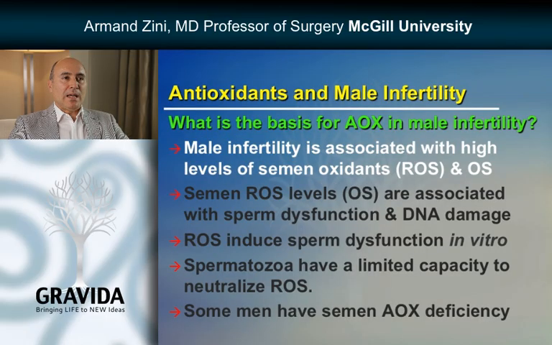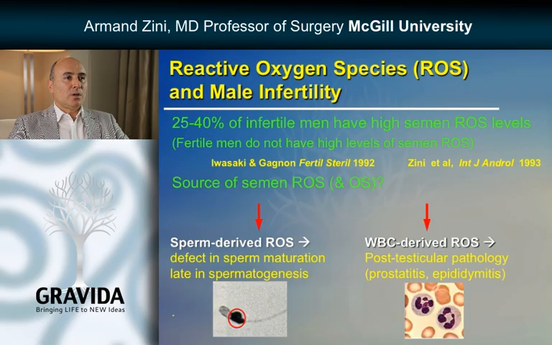So what is the basis for studying antioxidants in male infertility? Well, we know that male infertility is associated with high levels of semen oxidants, reactive oxygen species, and oxidative stress. Years ago, we had shown that a substantial percentage of infertile men have high levels of semen ROS, whereas fertile men do not have these high levels of ROS. And the source of semen ROS is twofold. One, they are sperm-derived, likely related to defects in sperm maturation and spermatogenesis with retention of residual cytoplasm. The other source of ROS is leukocytes, and these are likely post-testicular, probably related to pathology such as prostatitis and